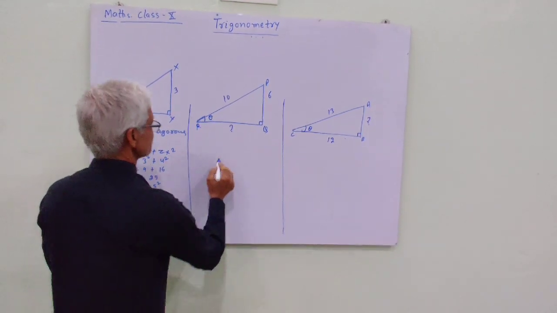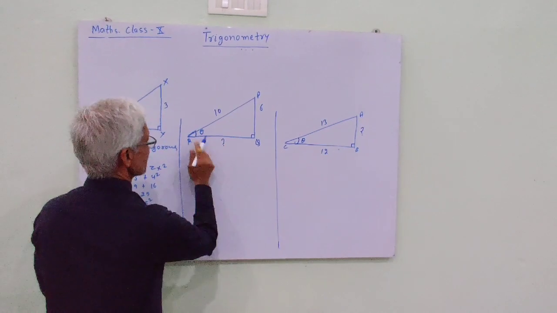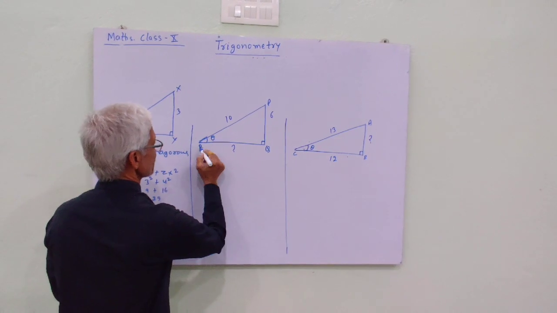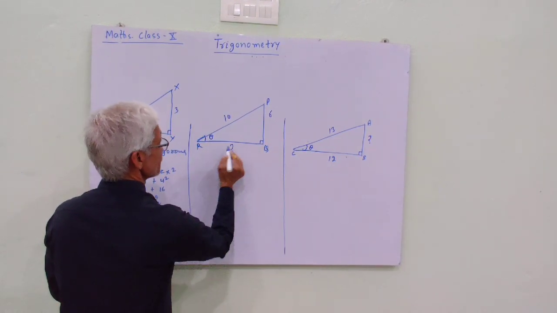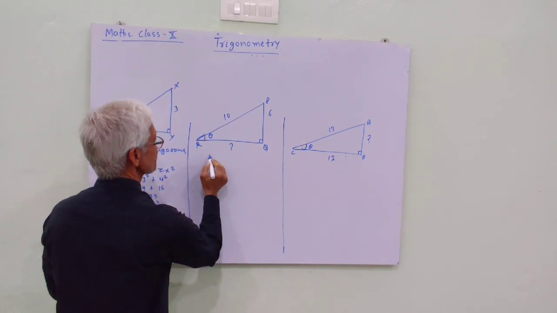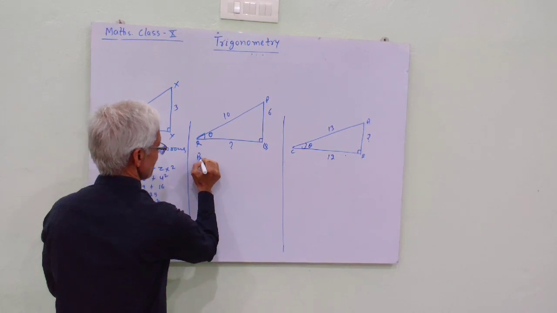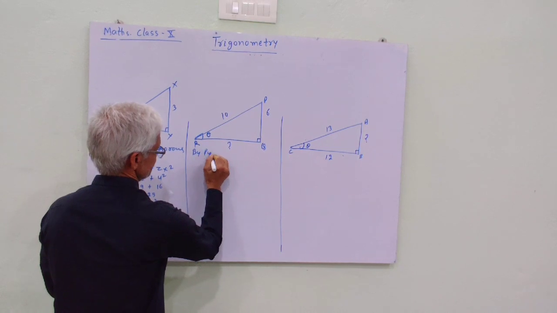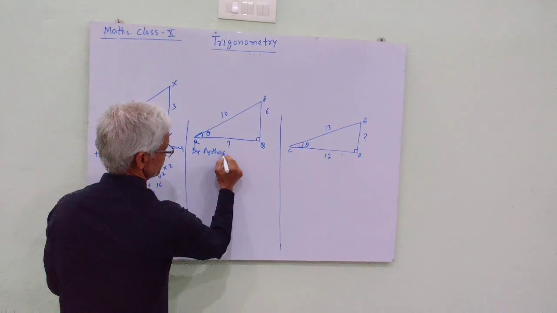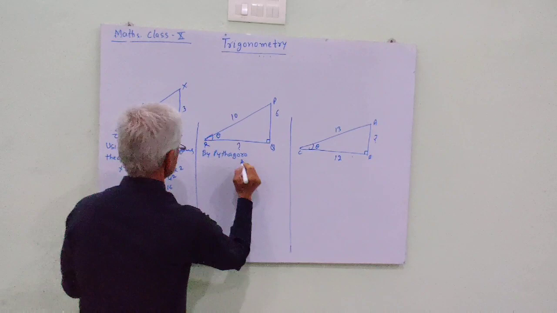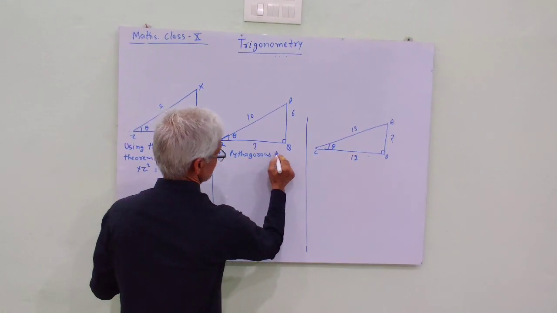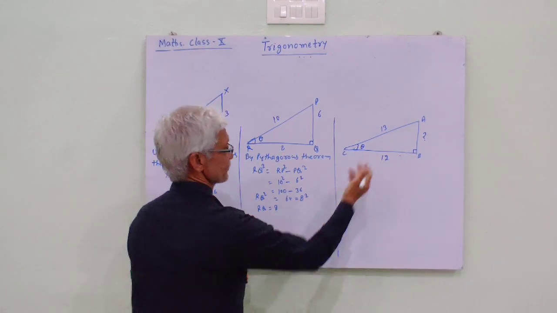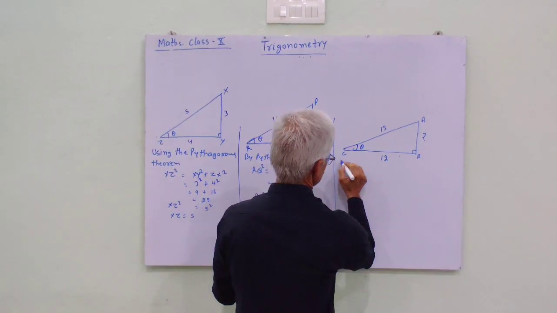Similarly here, QR has not been given, base has not been given. Then PR square, in this,